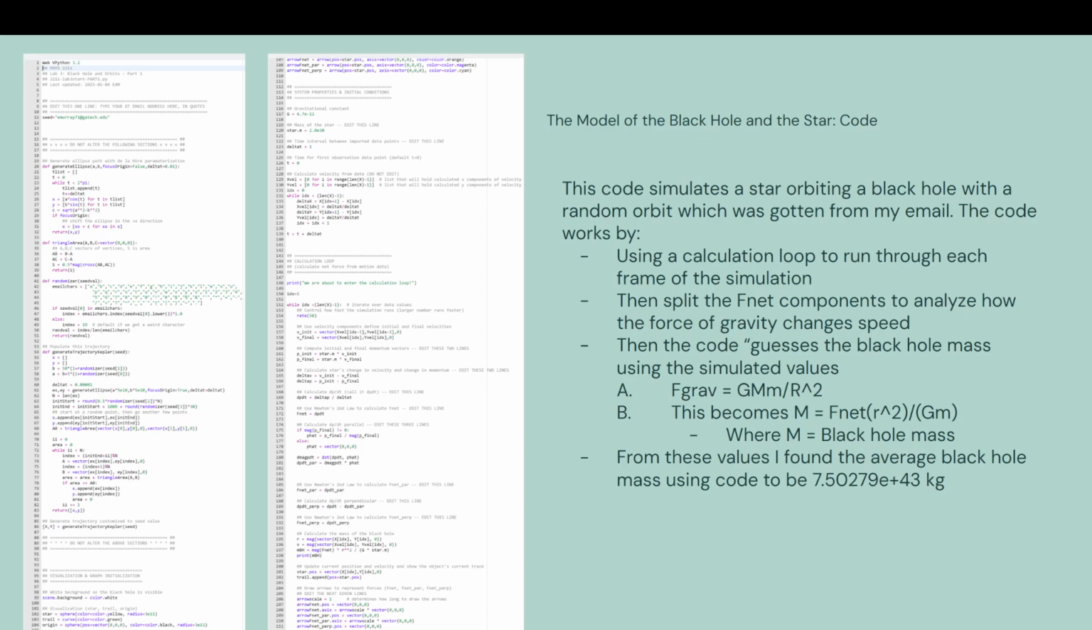GMm divided by R squared, which, if you solve for the mass of the black hole, gives: mass of the black hole is equal to FNet times R squared over Gm, where little m is the mass of the spaceship. From the values, I found the average black hole mass using the code to be 7.5 E43